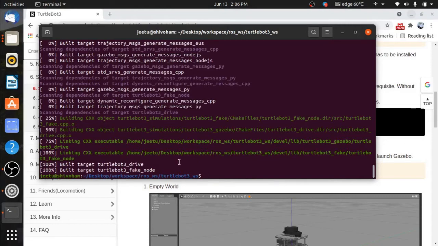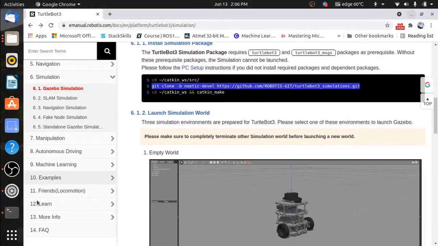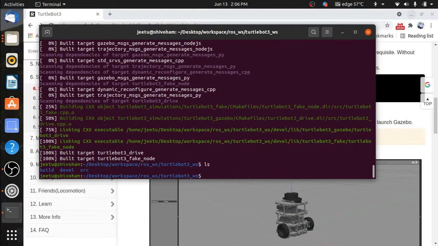Okay, so as you can see, all the packages built successfully. Now the second step is to source this newly created workspace, or after building the workspace we have to source it as well. For sourcing this workspace, the command is source, and if you hit ls here, you can see there are